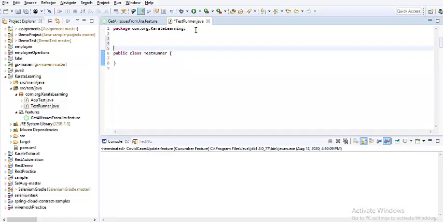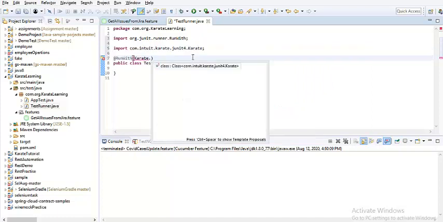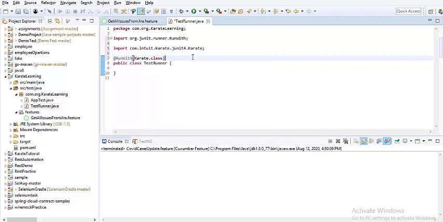We need to map this class with a couple of annotations to help with running our test cases. As we discussed, we are going to run with the Karate class, and we have some Karate options. JUnit has an annotation called RunWith, and you specify that you are going to run with Karate.class, which comes from JUnit 4. Then you have another annotation, which is KarateOptions. I'm adding that as well.